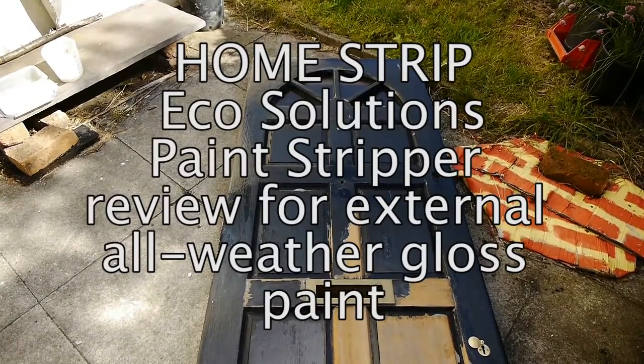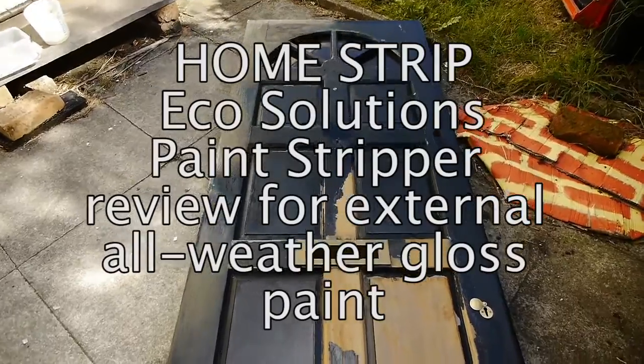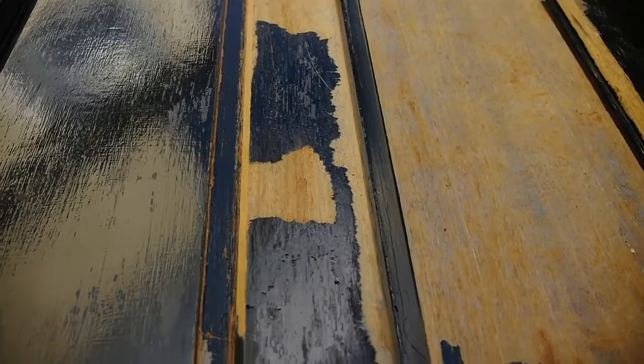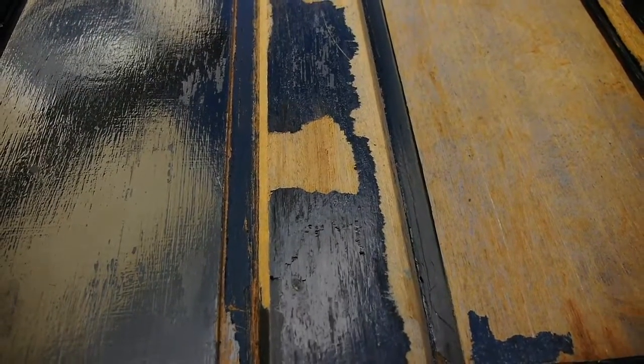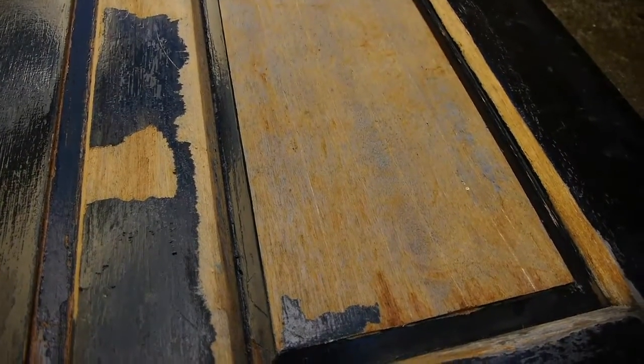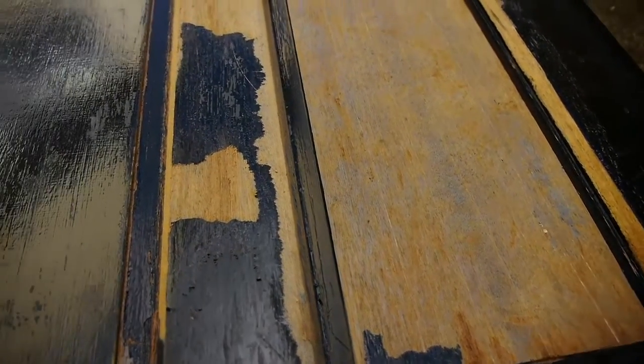Today I'm not talking about anything creative or media or even technological at all. I'm talking about paint stripping. I've got this door which has got a pretty good coat. Must be a good outdoor paint, I reckon. But it's starting to flake off in a few places, and we also want it green, we don't want it